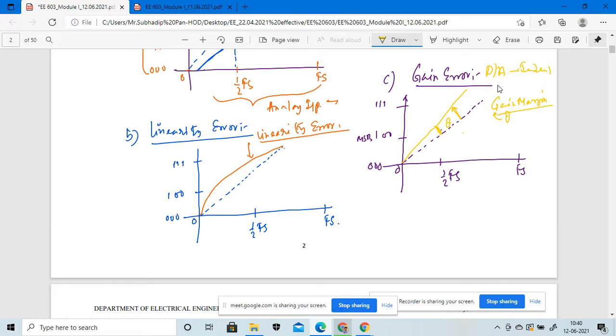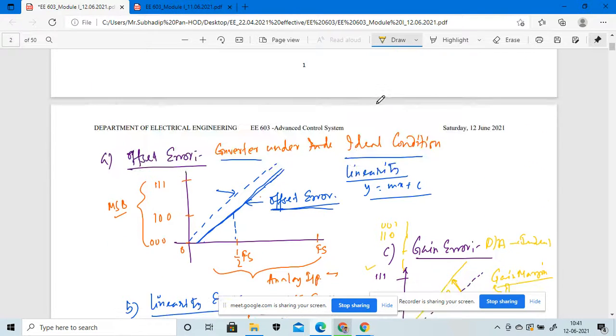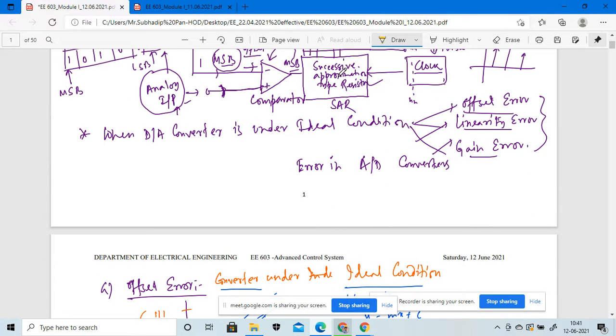So keep remembering these things as the number of bits. There must be n number of bits that we are considering. Suppose again here that should be 110, and again we consider 001 like that. Keep in mind that as the number of bits increases, the range of the register's value increases. Registers here means the successive approximation type of registers. The register's value becomes larger and consequently the accuracy becomes very poor.